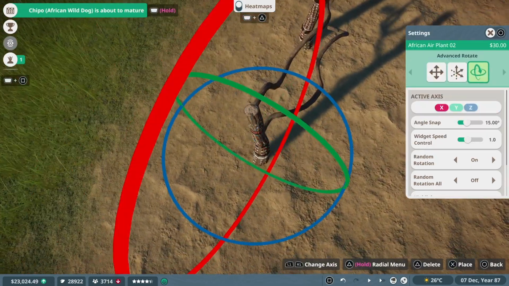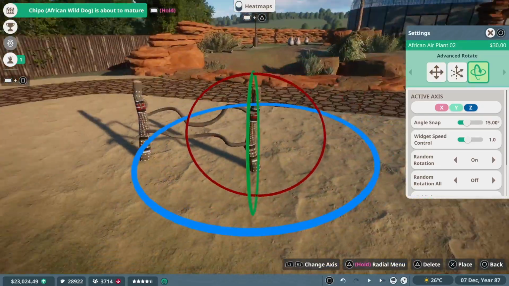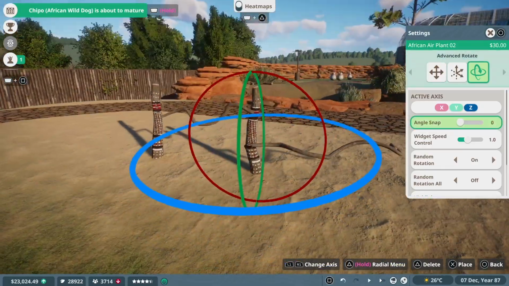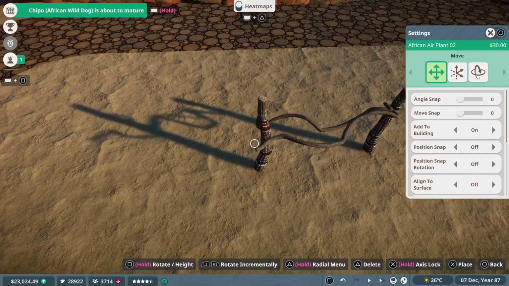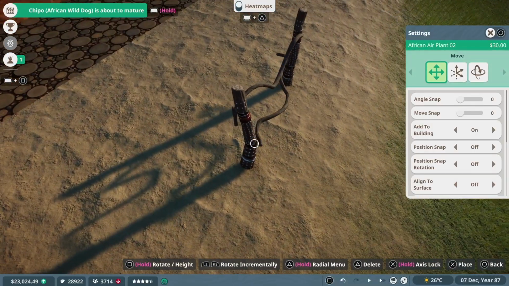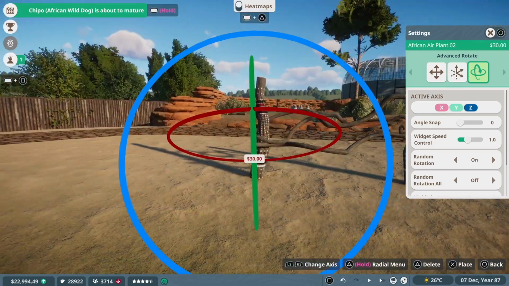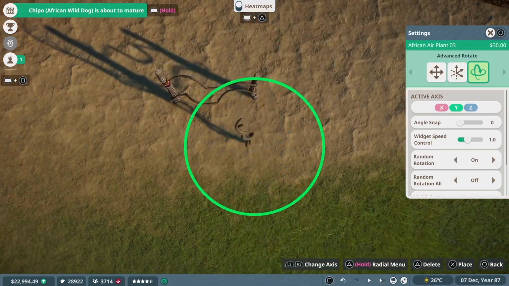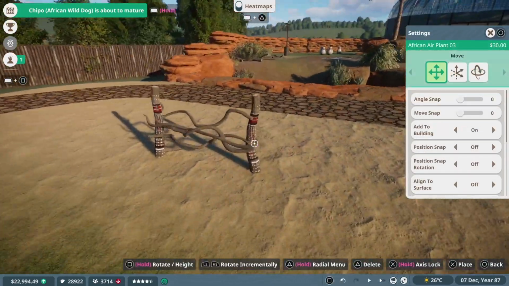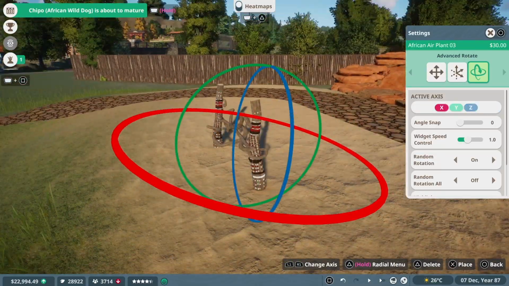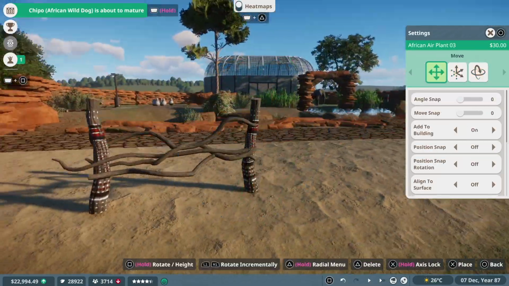But with the path being so close to the habitat edge, it does mean that any of our guests could just launch themselves in to play with the elephants, which would be obviously not ideal. So what I decided to do was use some of the African branches. The decorated ones are going to act as some fence posts, and then the super curly, curvy, wavy kind of